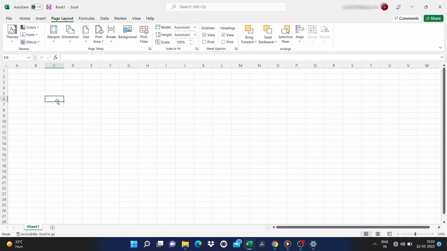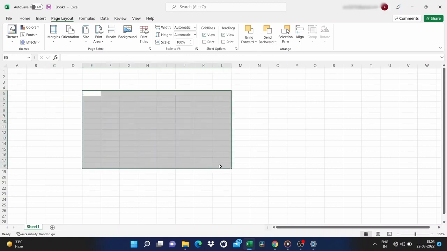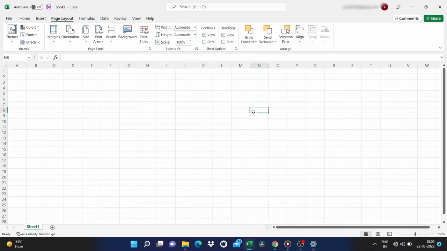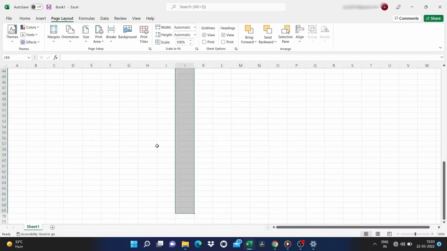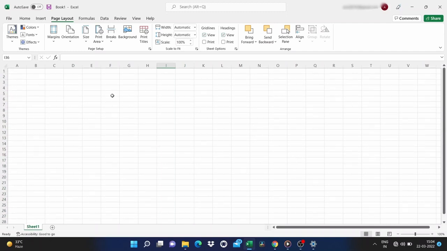Now, in addition to rows, columns, and cells, there's another part of a spreadsheet that you need to know about, and that is a range. A range is a group of cells that are together. A range could be this, it could be this, it could be this. It could be any number of things. It's basically a group of cells that are next to each other, and similar to a cell, ranges can also be named.